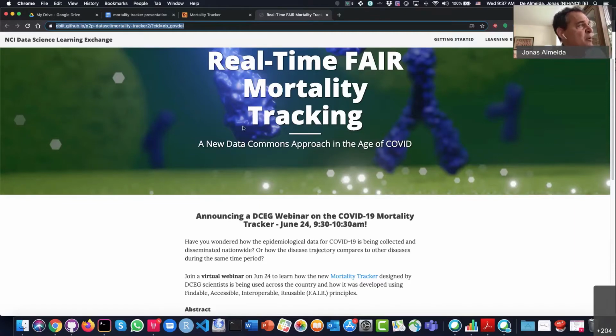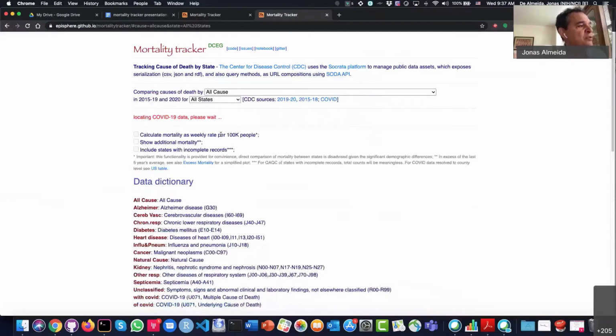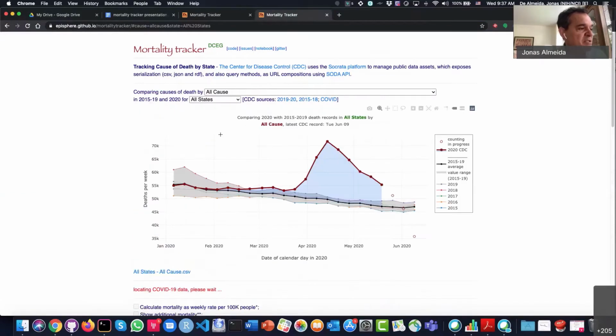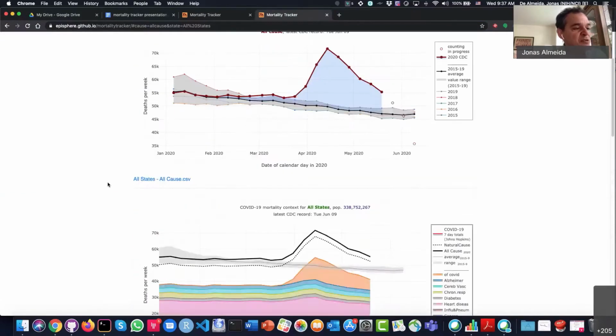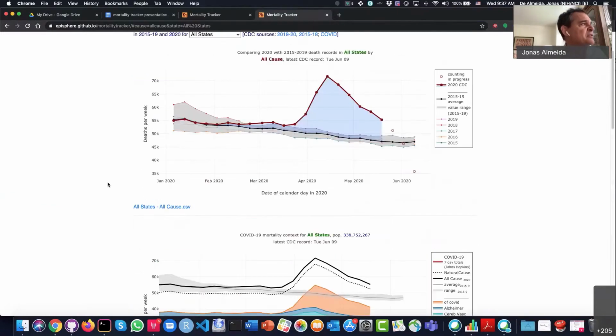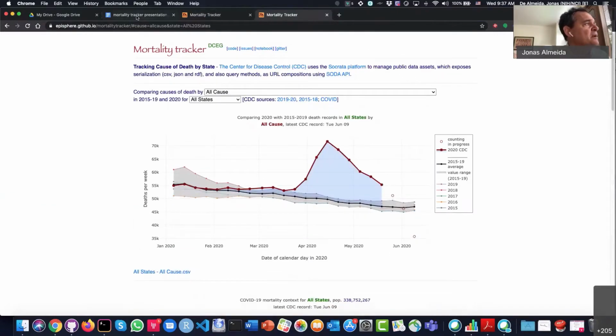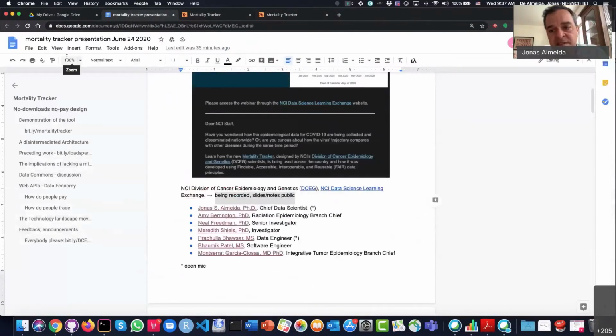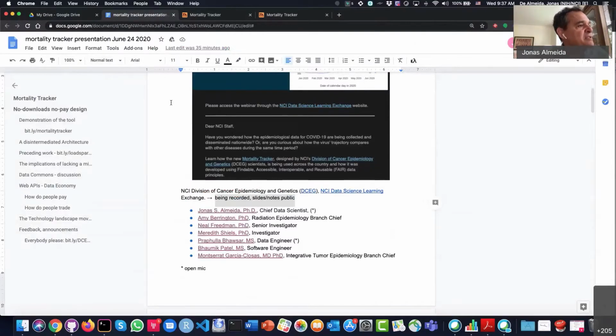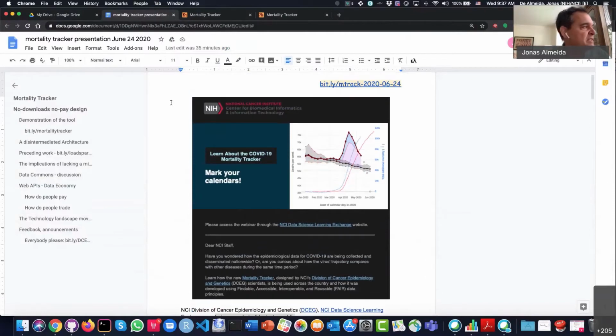So this is the page where most likely you got to from the announcement. If you click on the link, you go straight to the tool. So the tool will assemble the data from its sources automatically. And this is where I'll spend the first part of the talk. I also have, again in the interest of speeding things up and shortening the distance between the producers and consumers of data science,